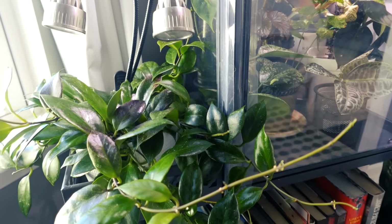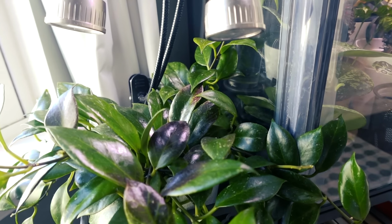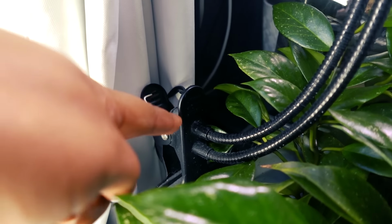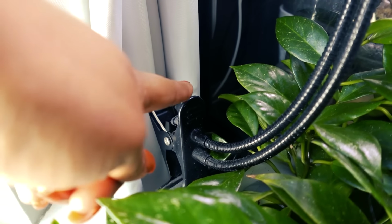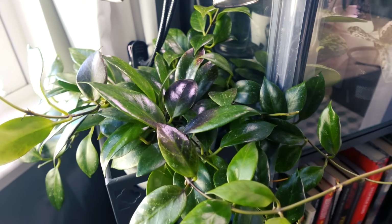And in addition to the grow lights that stand or kind of stick to the ceiling of my shelves, I like using these little clip-on lights too. They're not functional in every space, but for this little shelf with this Hoya sunrise, oh,